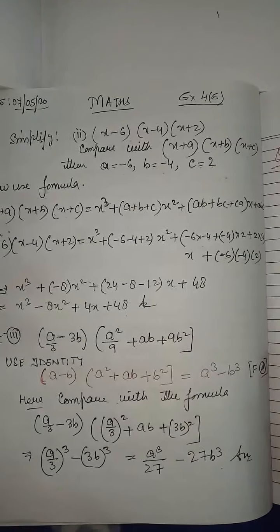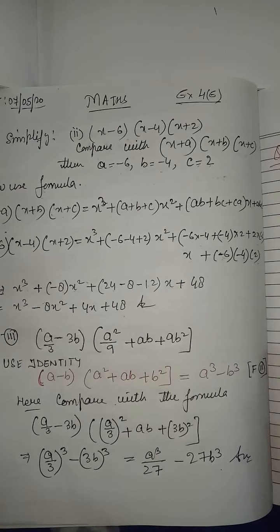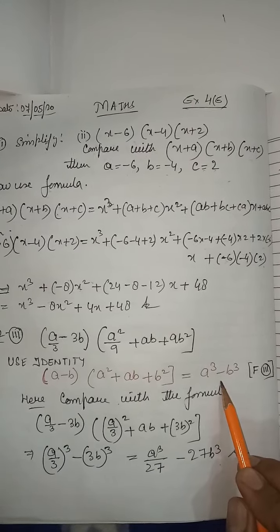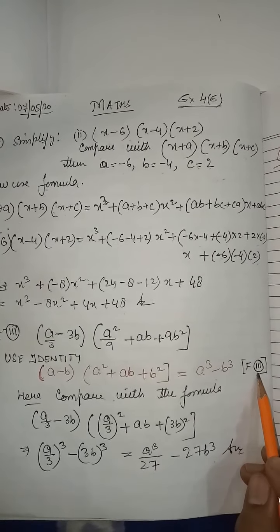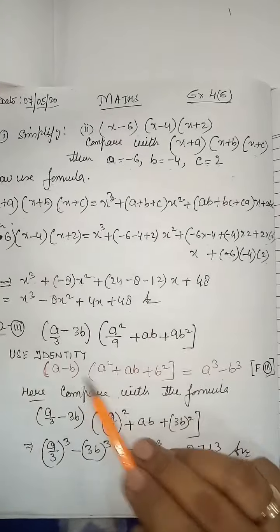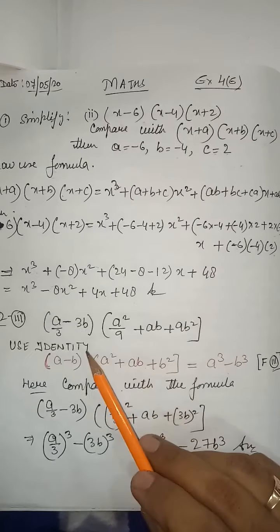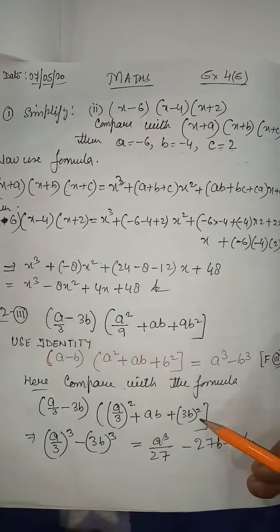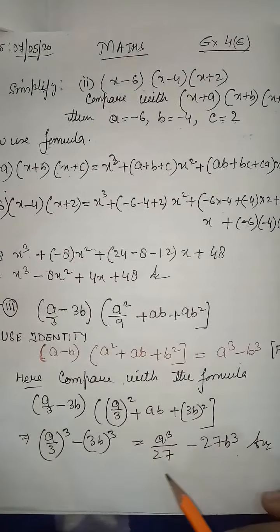Now question number 2, simplify using following identities. So the identity is given over there in the previous page and this is the formula number 3. So you have to write down the formula first and then rearrange the expression in this form, substitute the value and finalize to get the final answer.